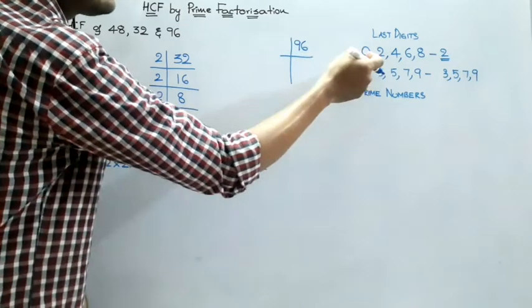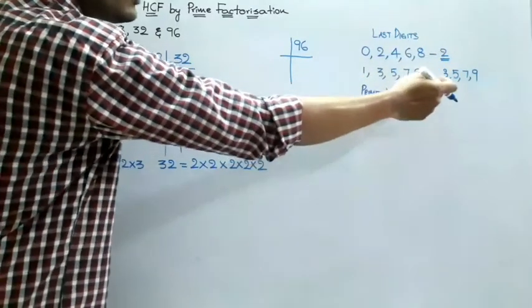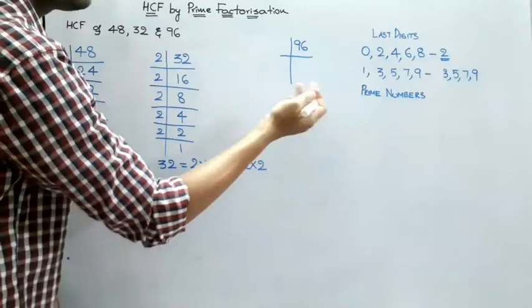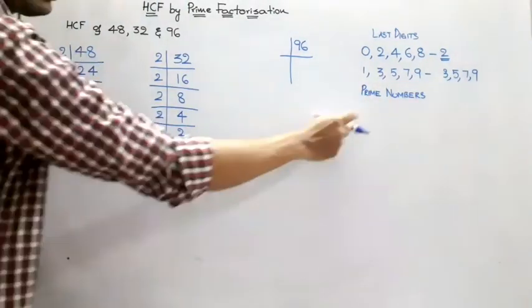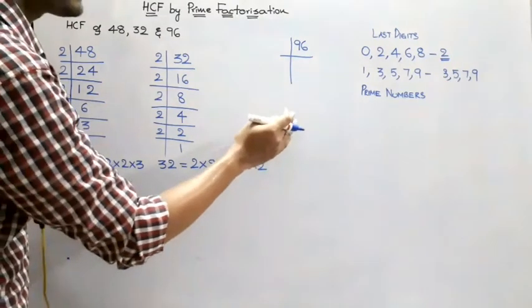This is actually very easy to remember, isn't it? When it's an even number, you check with 2. For odd numbers, you check with 3, 5, 7 or 9. If none of these numbers cancel, you will check with prime numbers. I will explain what exactly is meant by prime numbers as the session goes on.